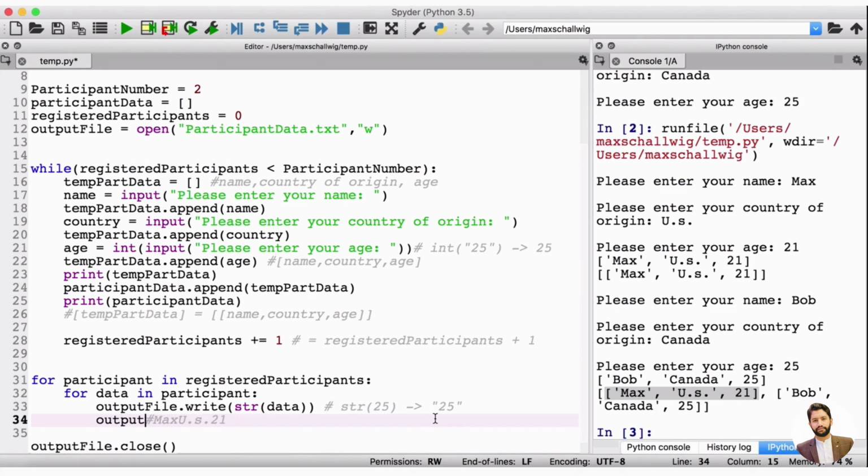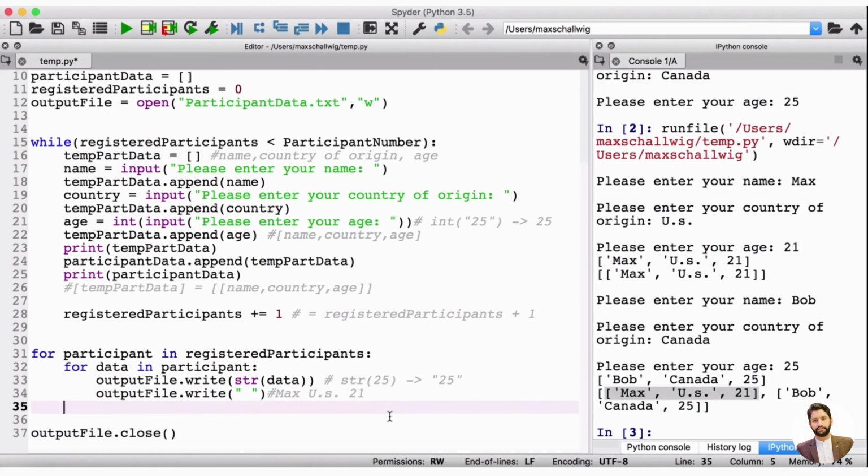So to the output file, we want to do something to it. We want to write open and close parentheses, and what we want to write is a space. So we'll open quotation marks, put a space, and close the quotation marks. What that's going to do is add a space here, since this is our first element and our first participant, and it's also going to add a space here. And then at the very end we want to separate